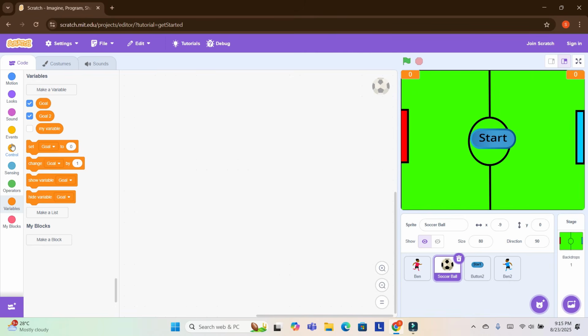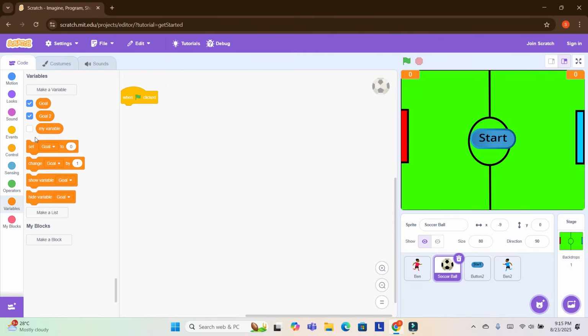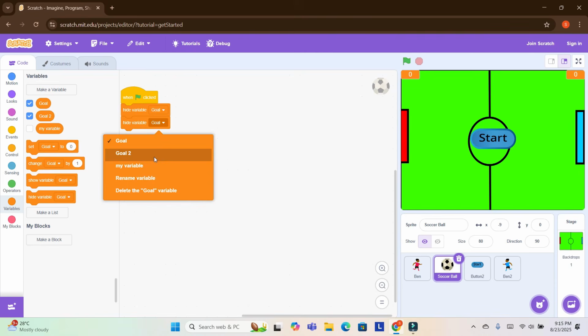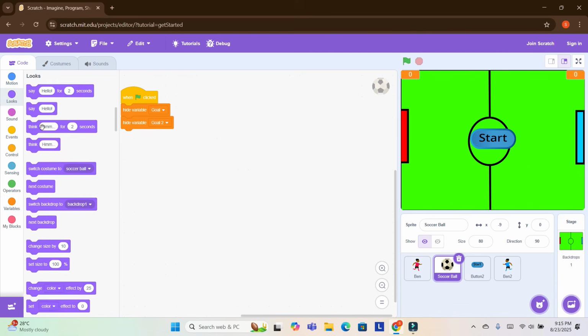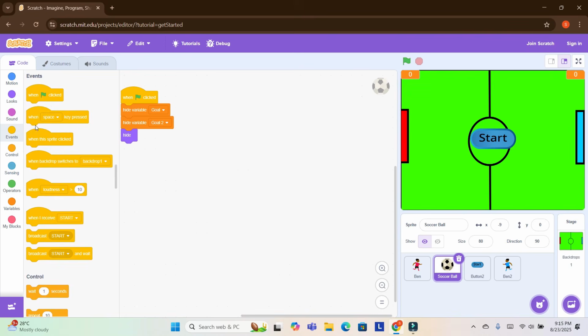Now I will go to events, when green flag clicked. Now then variables, now hide goal, and then at the downside hide goal 2, and then go to looks, and then hide. So now I will go to events, and I will drag when I receive start.